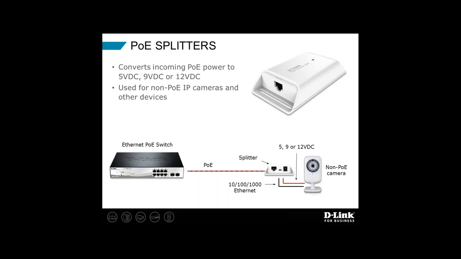One of them is solid black, that's the 10-100-1000 Ethernet that would go into the camera or the access point. And then there's a barrel connector, a DC cable that comes out, and there's a slide switch on the splitter, and the user can select from 5-volt DC, 9-volt DC, or 12-volt DC, which are probably three of the most common voltages that would be required to operate a wireless access point, or I'm showing here a little bit more